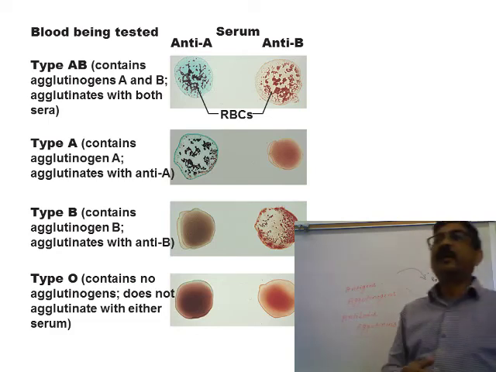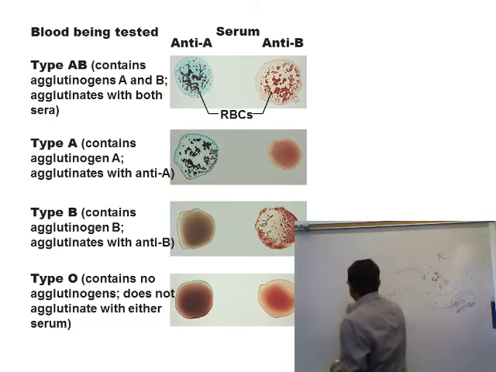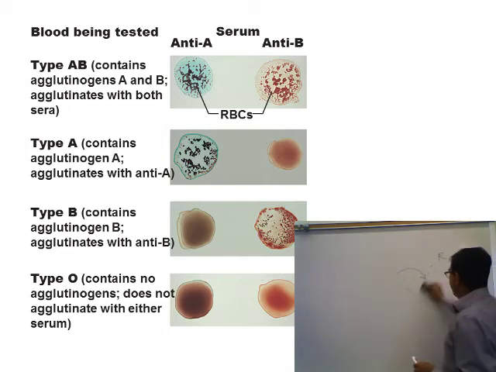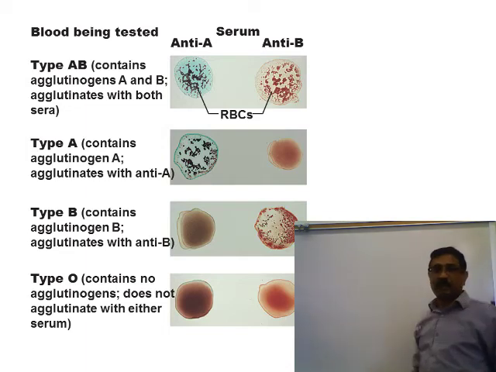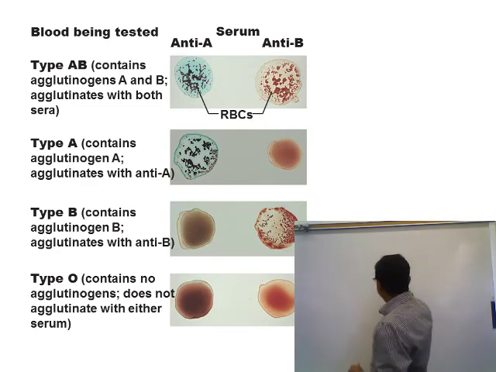The last thing, erythroblastosis fetalis. This is a serious clinical condition in the fetus. If the mother is Rh negative, that means no D antigen is present, and the child or fetus is Rh positive, that means the child has D antigen on the surface. So what happens when